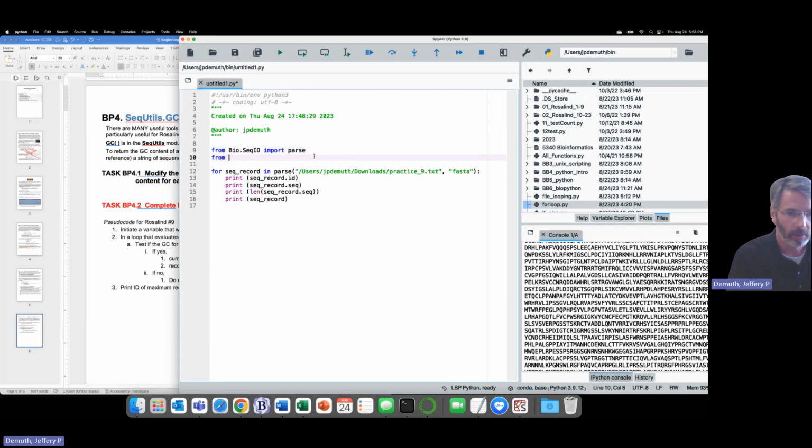So we get that from SeqUtils, so Bio.SeqUtils,